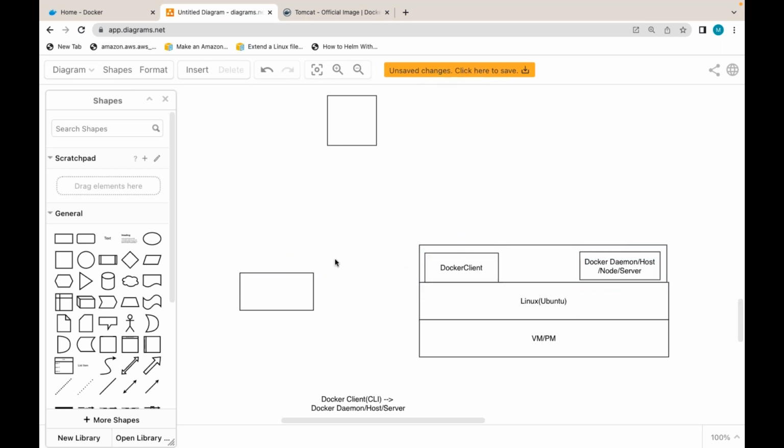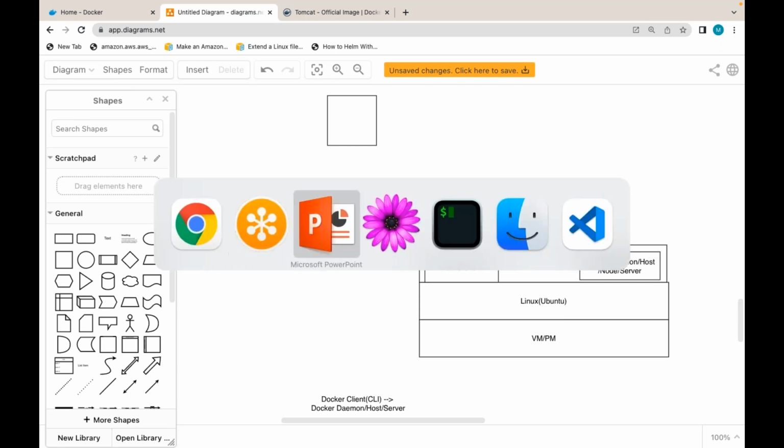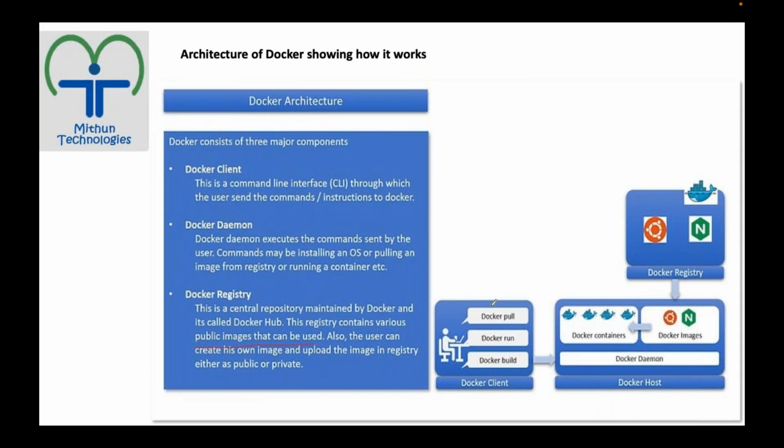Now, this architecture is important. Is everyone clear on this architecture? What is Docker client? What is Docker host? What is Docker registry? Why do we need registry? All these things. Guys, if you know these concepts, learning Docker will be very easy. You no need to memorize commands. You no need to memorize step one do this, step two do this. If you know the background, if you know the concepts very well, learning the actual implementation will be very easy.